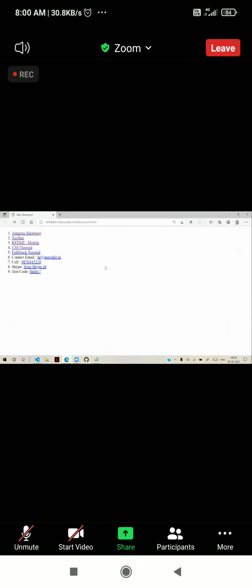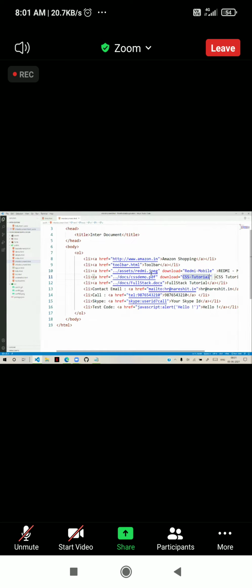That means by default, a file will open or download depending on the plugin. If the plugin is supported, it will open. If the plugin is not supported, then it will download. Even if the plugin is supported, if you want to forcibly download, then you have to use the attribute download. By using the attribute download, we can download that and configure it. That's the basic approach we need to follow for downloading and configuring.